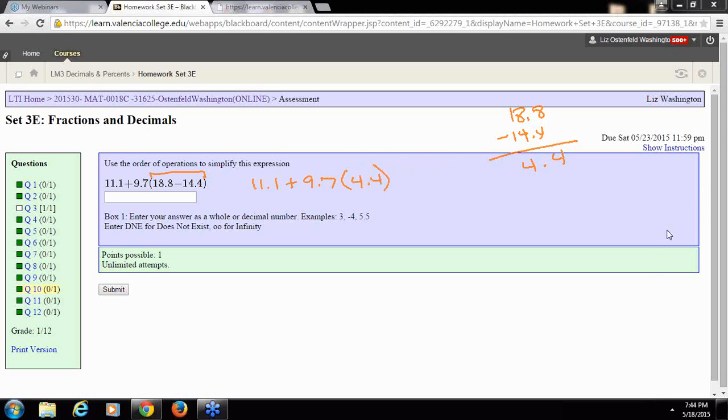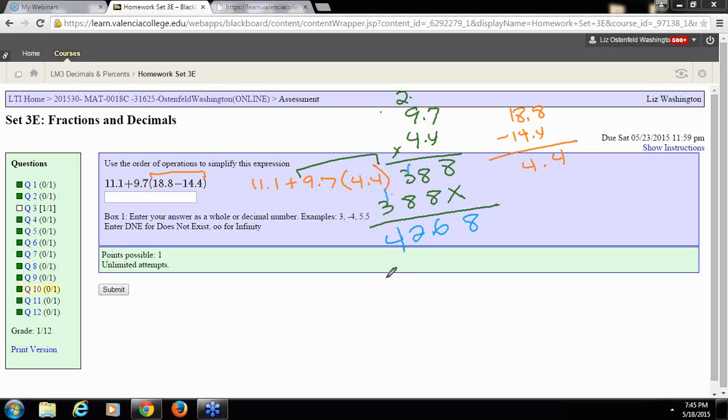times the answer here, which is 4.4. Now again, my order of operations tell me that I need to work on multiplication and division before I work on addition and subtraction. So I am going to do this multiplication next, which is 9.7 times 4.4. 4 times 7 is 28. 4 times 9 is 36, 37, 38. 4 times, and again, it's the same number, so I'm going to go ahead and rewrite those down, keeping in mind that I had to indent one place. So I'm going to get 8, 16, that's 9, 10, 11, 12,